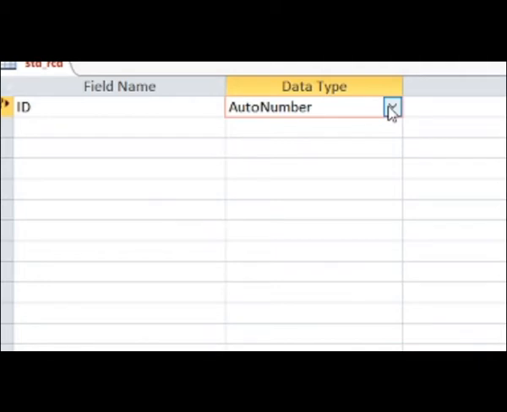So I will take either number, this is one type of data, or we have one more which is auto number. The difference between auto number and number is that in auto number you cannot repeat the numbers. If you take a type of data as auto number, there will be no repetition of the numbers, while if you take number type of data, then you can repeat the values. Take for example roll numbers. Roll number should be which type of data? Correct, it should be auto number.